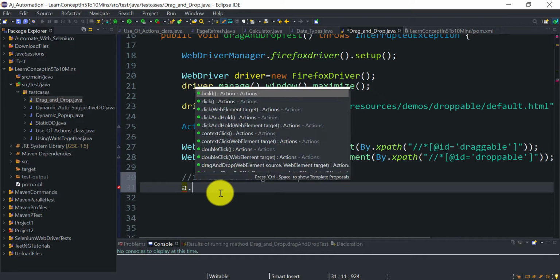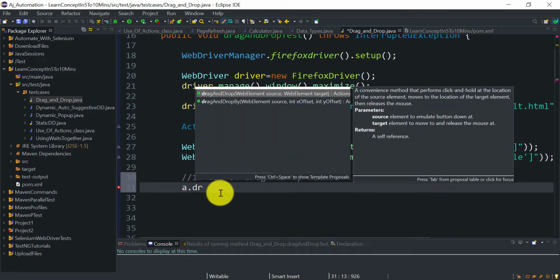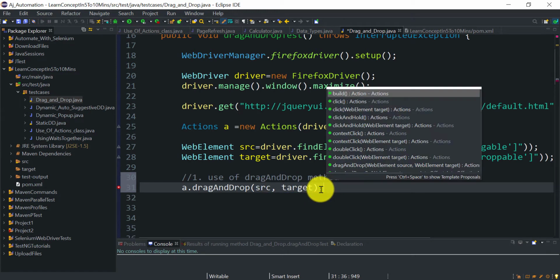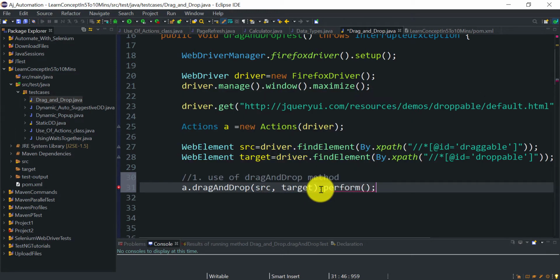Just use the object reference a dot dragAndDrop, then the source, which web element you need to drag, and the target, where you need to drag it. Then at the end you need to perform the action and save it. This will drag the source web element into the target.